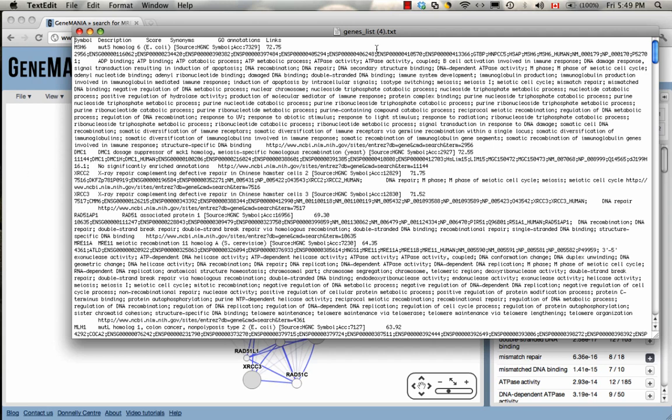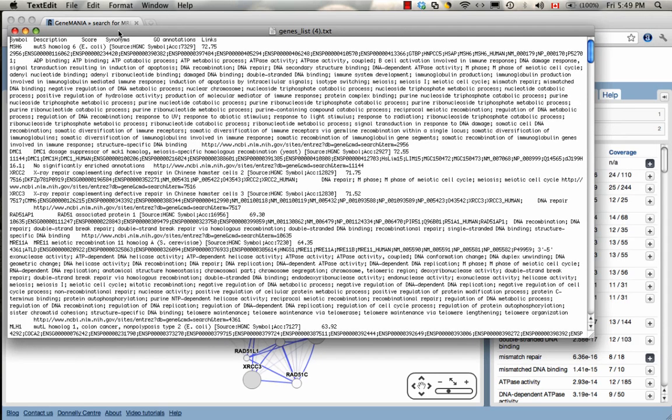It looks like there's multiple rows just because the text is wrapping in the window I'm looking at, but each row corresponds to one gene, and listed on the row in the final field is all the functions that have been associated with that gene that are